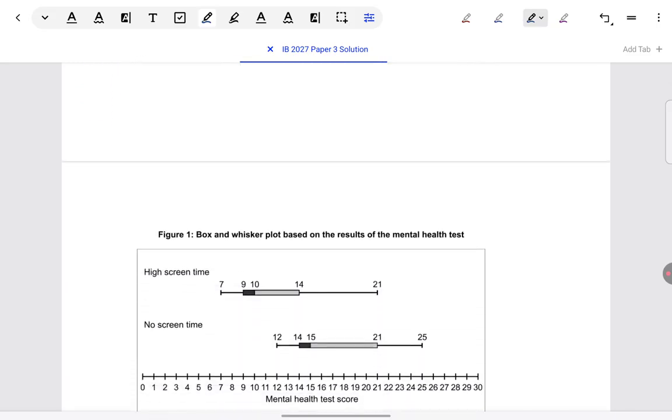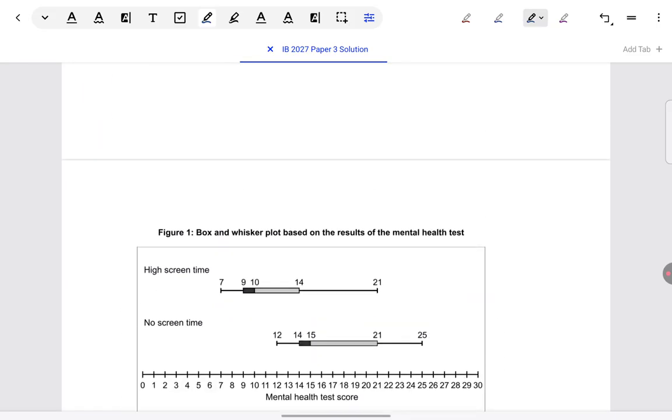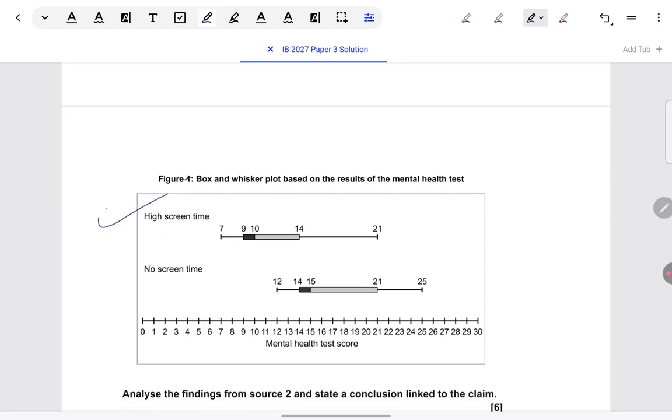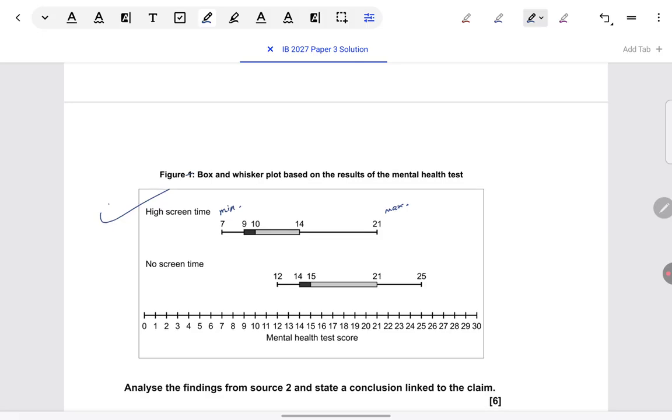Now we have a box and whisker plot, which is given on the next page. In this box and whisker plot, the same things have been represented. We can see whatever was on the table, those values have been represented, but we know why box and whisker is important: so that we can judge skew mainly. Skew and overlap, these two things we want to look out for in box and whisker.